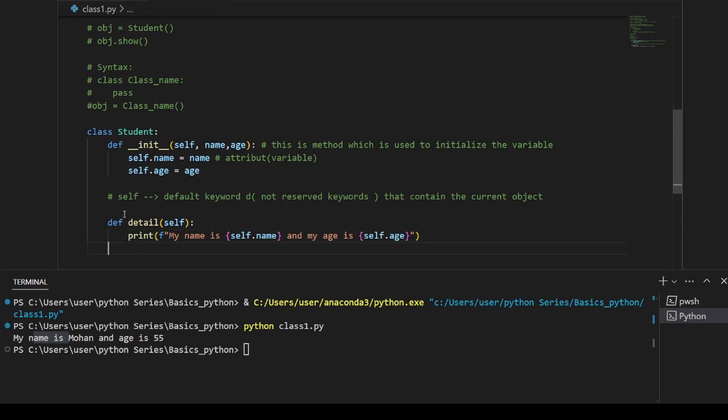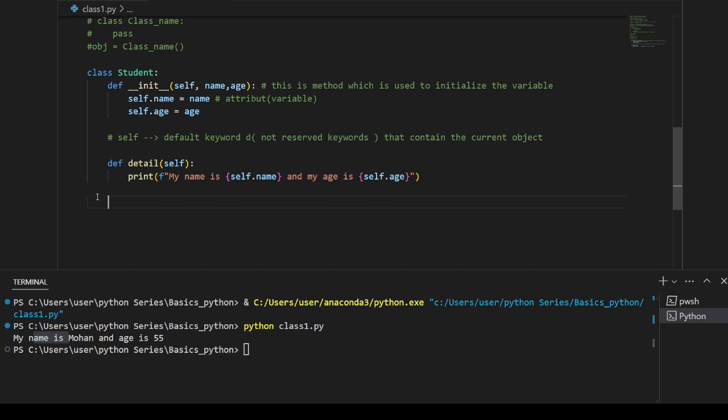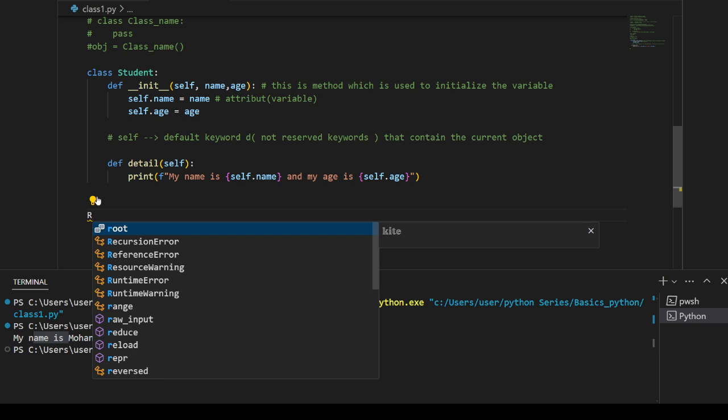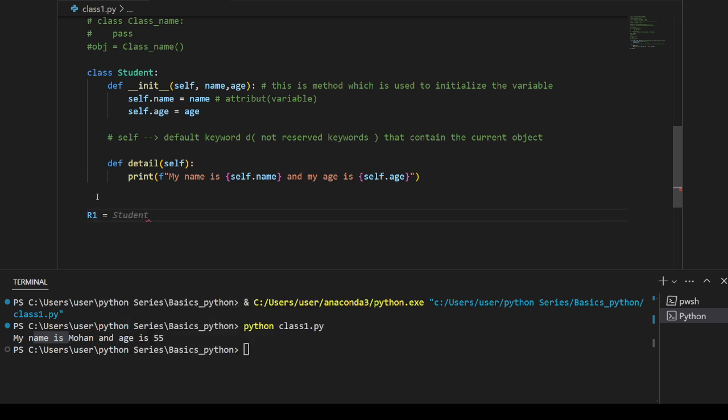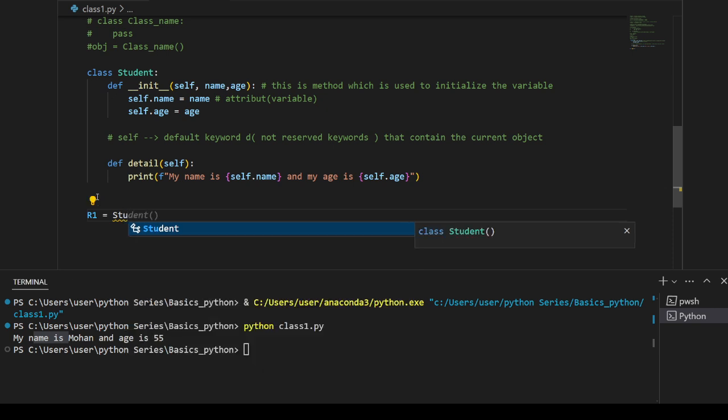So I want to print, I also have this next function that is self, but okay, let me not make that method over here. So our first object, let me give that object the name r1. We want to make the object out of this class, so we need to write the name of the class, that's Student, and we need to call that